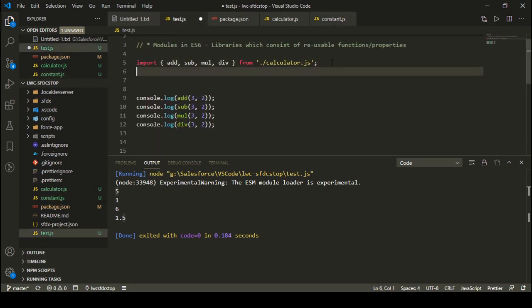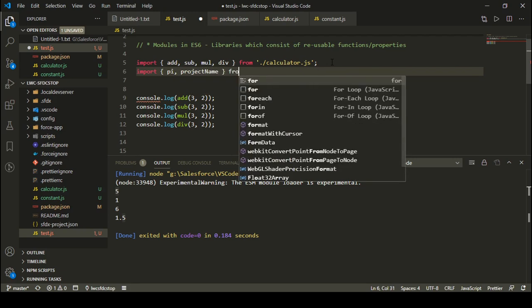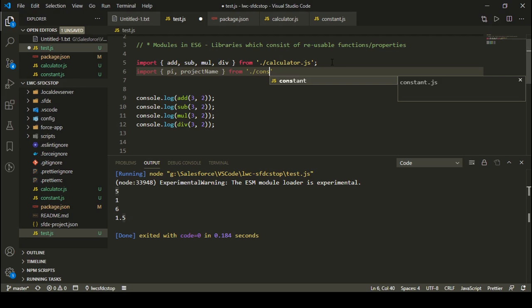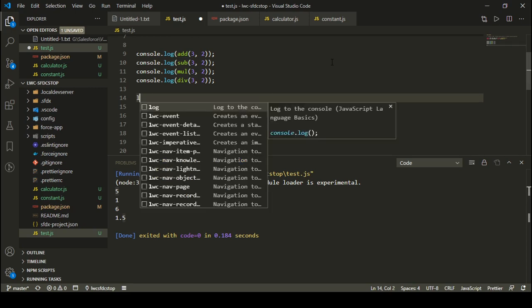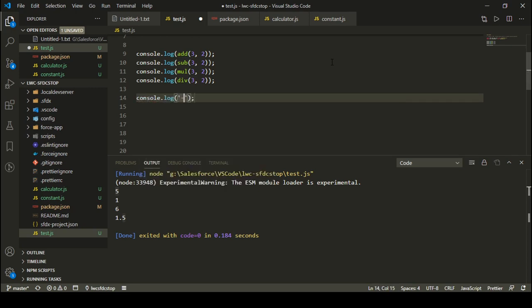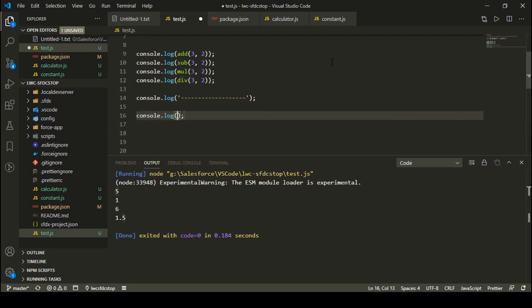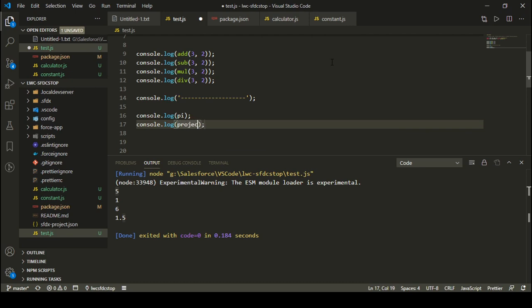So I can simply have an import statement, and I can say that I want to import pi and I want to import projectName from constant.js. Okay, and let me just add a console.log with some divider, and then I'm going to say console.log pi, and I'm going to say console.log projectName, right?